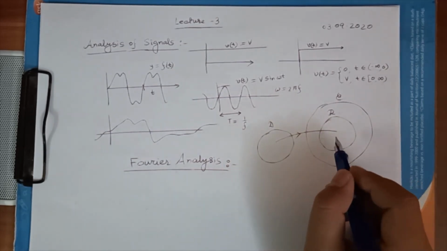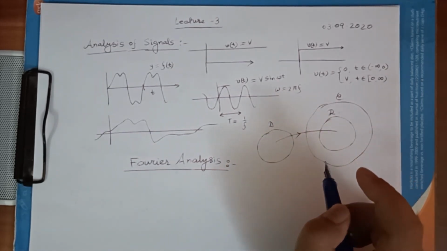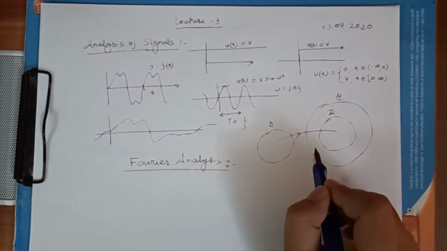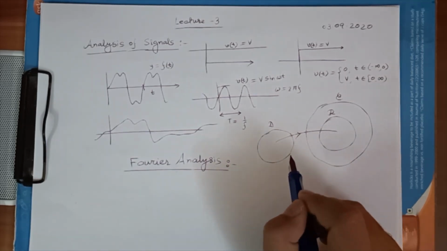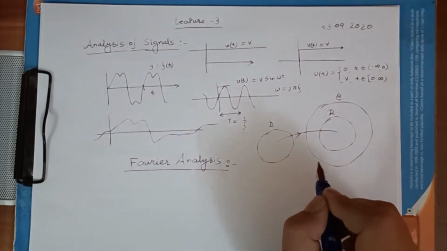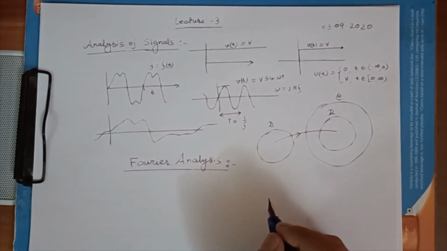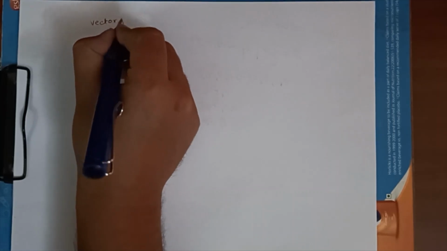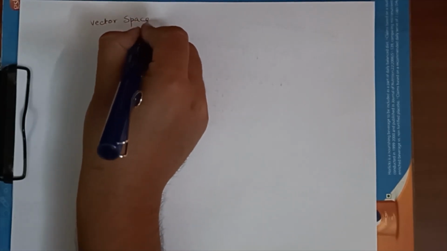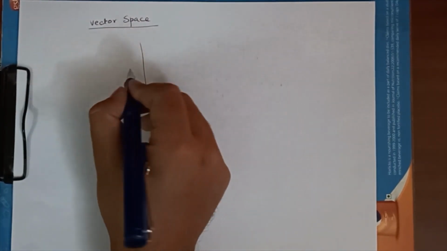We don't need those set theoretic behavior at this point of time, but what we want is to visualize functions not only as maps but also as vectors. So let us go there and try to understand that concept first. Let us start with vector space. You are familiar with vector space. Let us start with a two-dimensional vector space, for example.